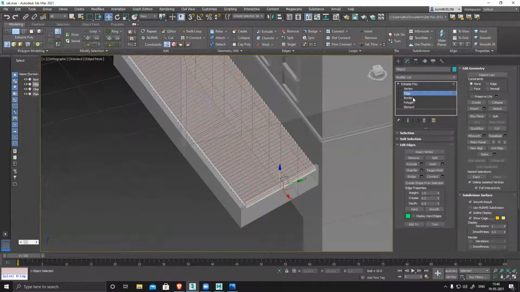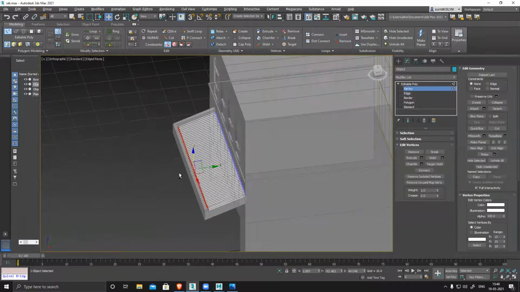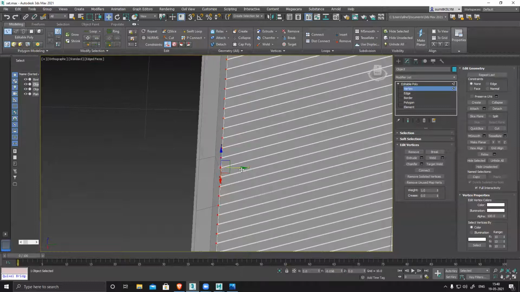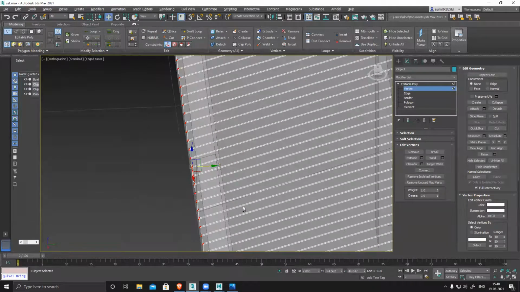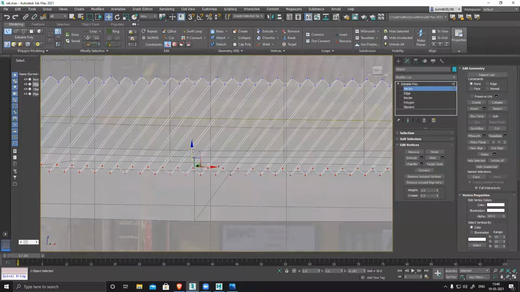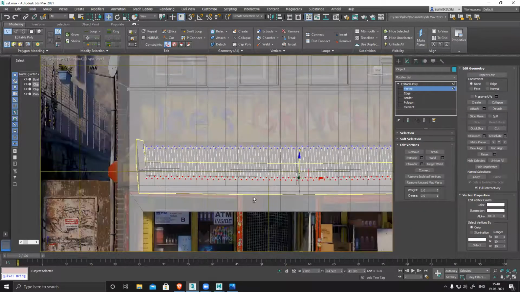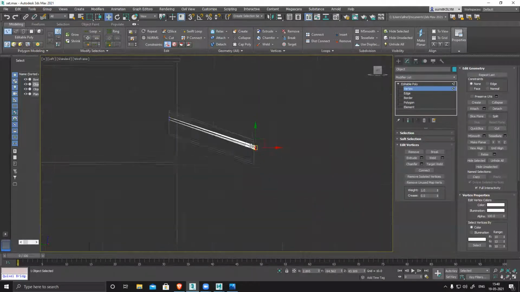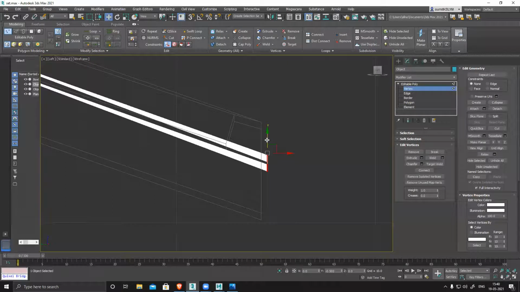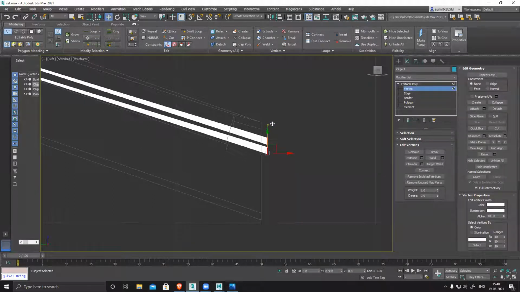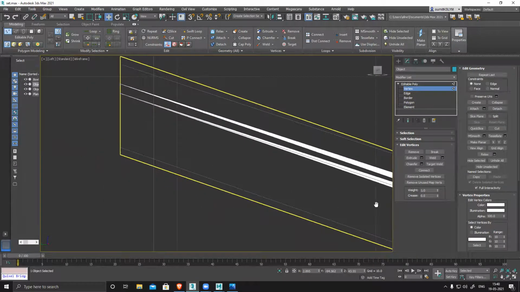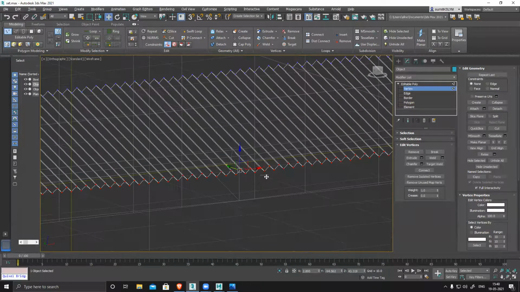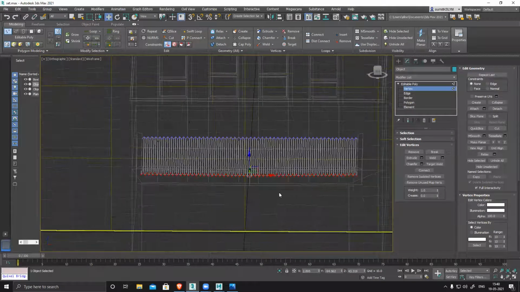And this part, the front side, is slightly outwards. You have to move it slightly outside. Left side, left view. Done.